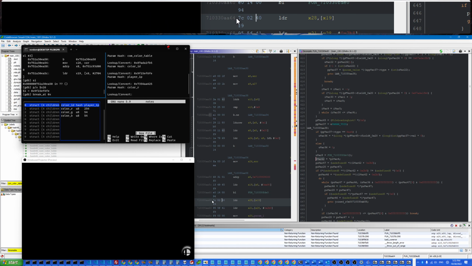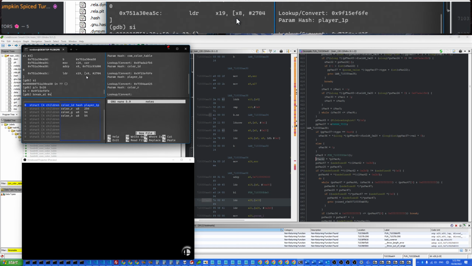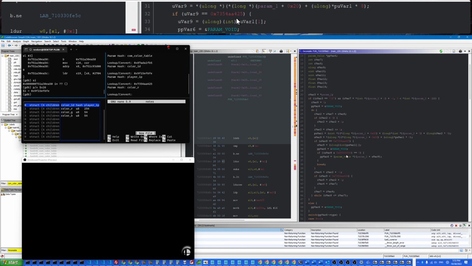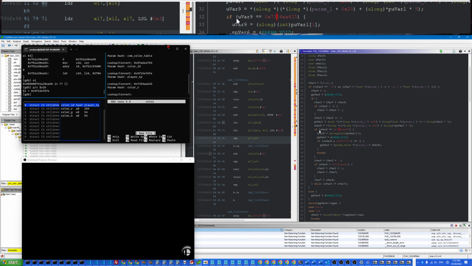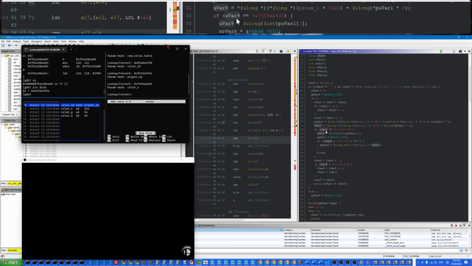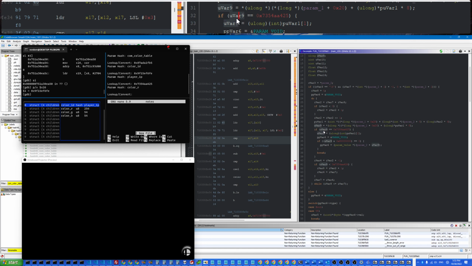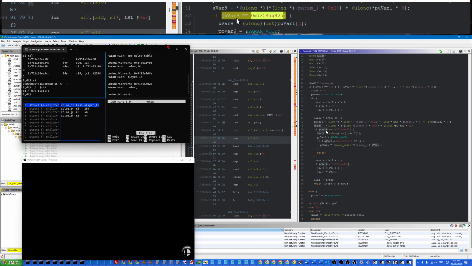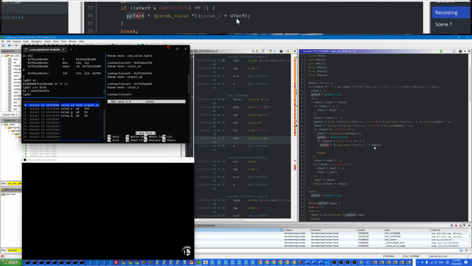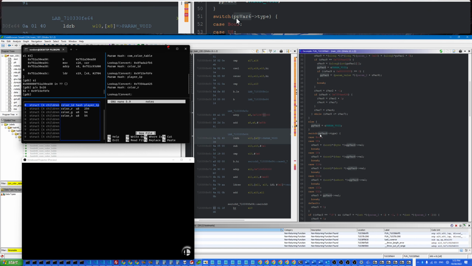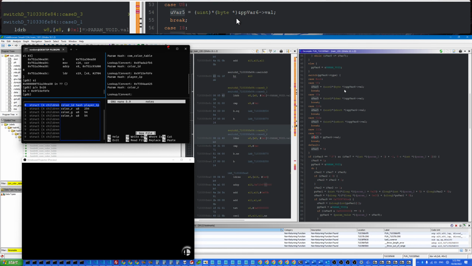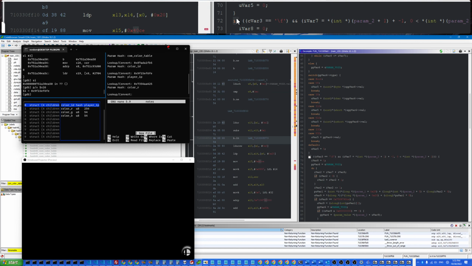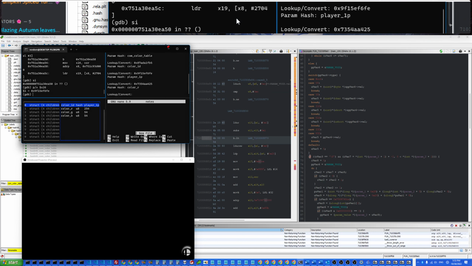That means if we break here, well, actually, before we break there, my bad. Let's go ahead and confirm that this works. So, as we said before, to see the PRC function, we want to see the PRC parsing. We go there, where it reads the hash and checks if it's equal. If it is, it sets the variable to something, then it goes and checks it in a switch case. And then it loads this variable into a uvar, which means that after this if statement is over, we can go ahead and copy this, break at